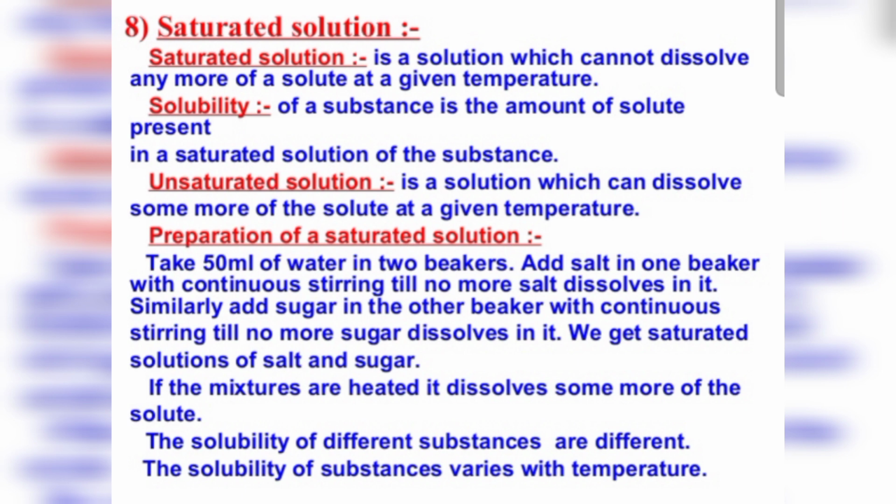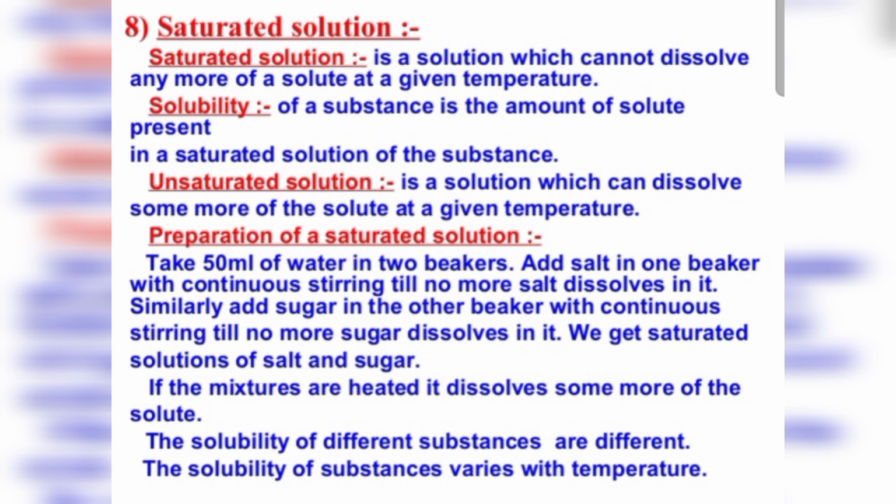And we can add some more salt to the corresponding beaker and heat it to boiling. Then we will observe that the solubility of the salt increases if we heat the solution. It means at higher temperature a larger amount of solid can be dissolved. Now we will allow each beaker to cool to room temperature. Then we will see that some salt starts settling down. So we can say that when we decrease the temperature, the solubility of each salt decreases.